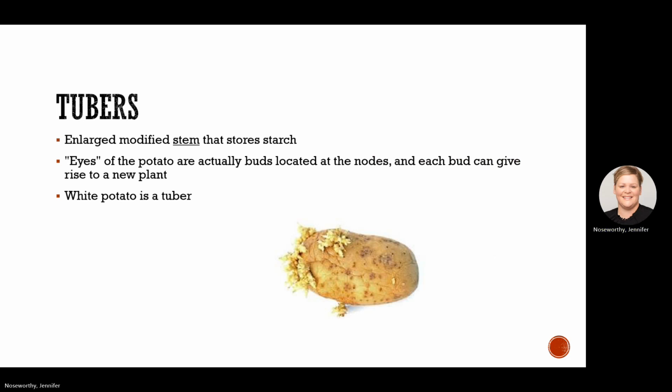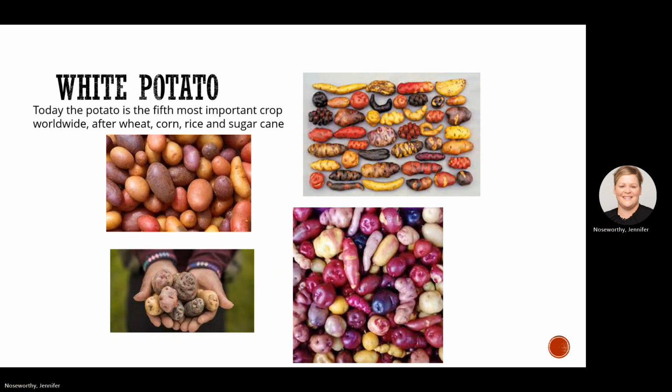The last group of modified stems are tubers. And these, we said, are full of starch. And in the case of potato, they produce these eyes that each one of them sprouts as a stem and can propagate from there asexually. White potato gets its name because of the interior, not the exterior. The skin of most potatoes are yellow or brown or red, but you can see there's quite a lot of genetic diversity. They are the 5th most important food crop worldwide behind the cereals and sugarcane,